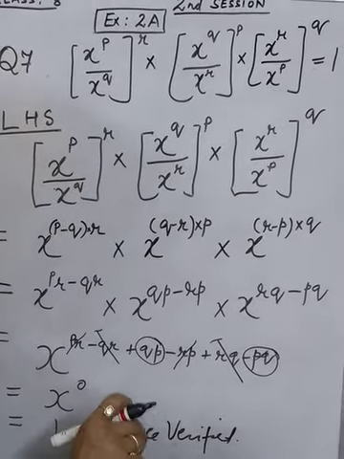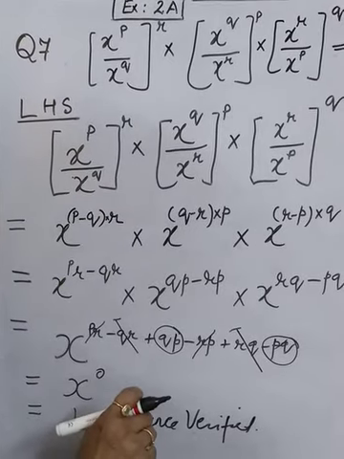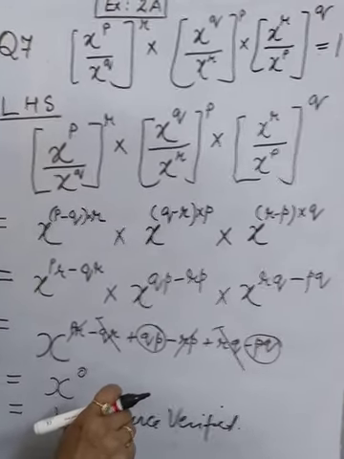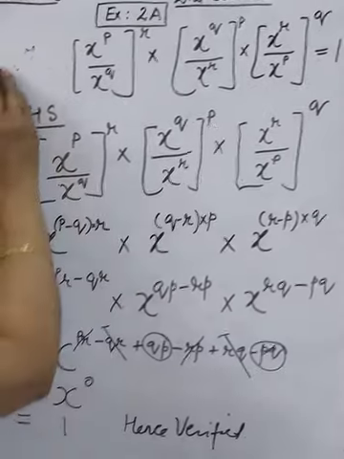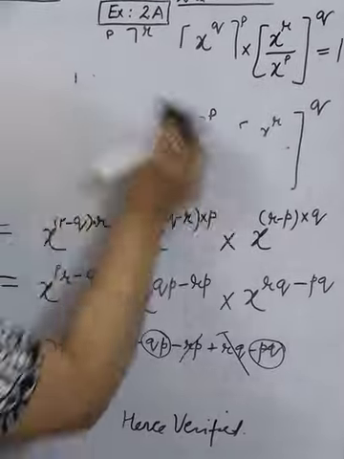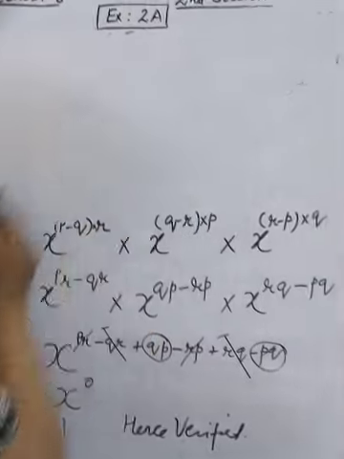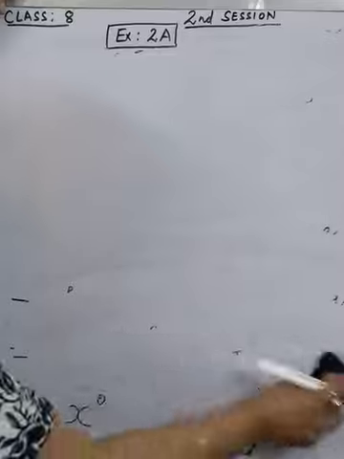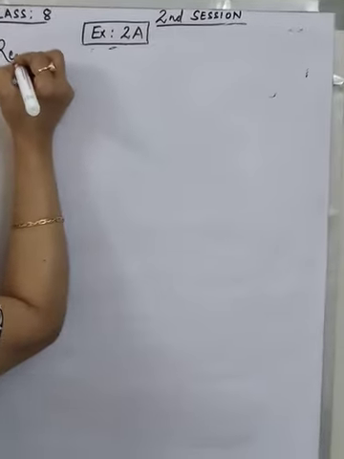Question number 8 again has 4 bits. I'll do second and 4th bit for you. And before we do this question number 8, we'll remember the two identities. What are the two identities to be remembered? Remember,